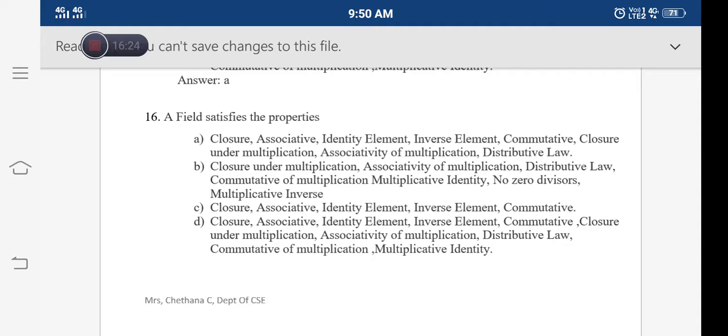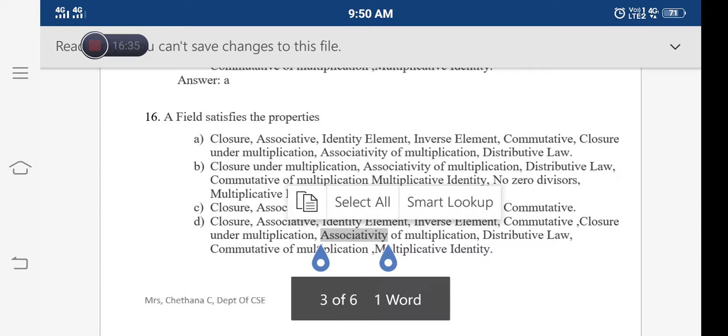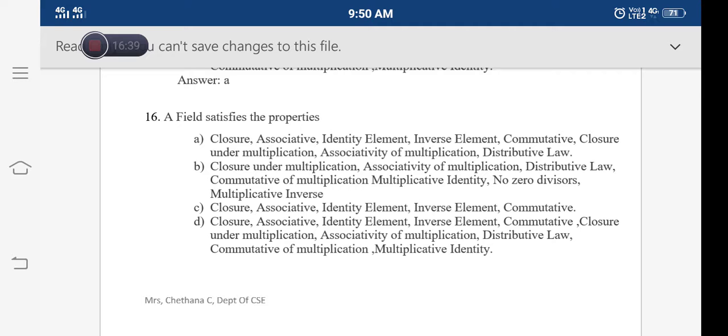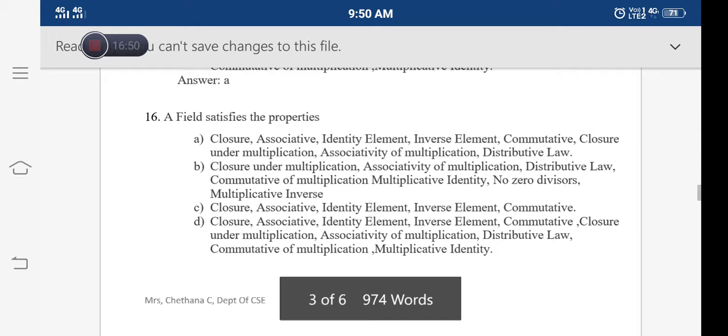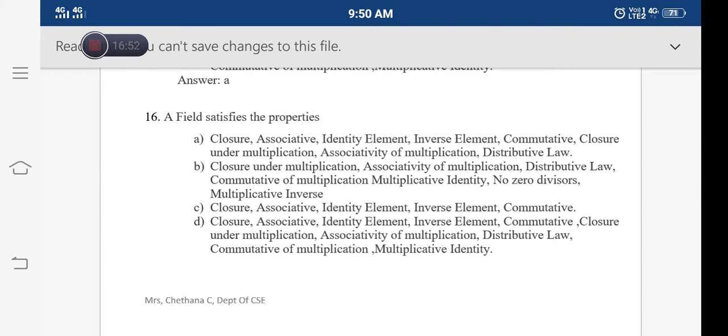Some of you got only three options at the time of the test. Among the three options, this answer D is present in option C. So you would have marked answer C and you will get the marks. Answer C at the time of the quiz has all the answers present in option D, which I am discussing here.